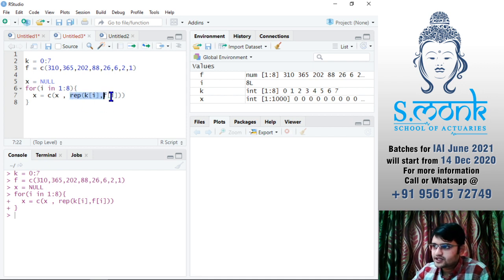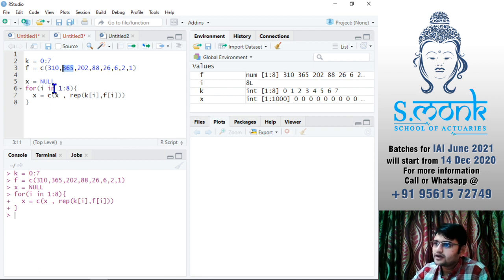So this becomes nothing but a vector. Join it to the previously created vector, so that when i is 1, the first value of k is 0. Repeat it f1 times, that is 310 times. Then go back, take i equals 2. That second value k2 is going to be nothing but 1, and f2 is going to be 365.